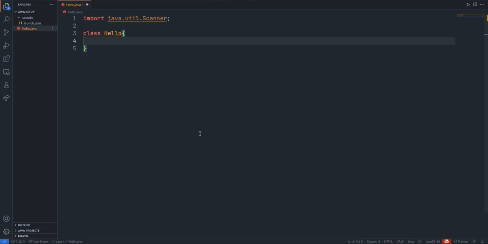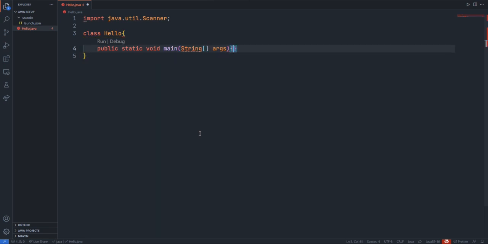Inside this class we have to create a function which is nothing but a main function, public static void main of String args. Man, this is ridiculous.